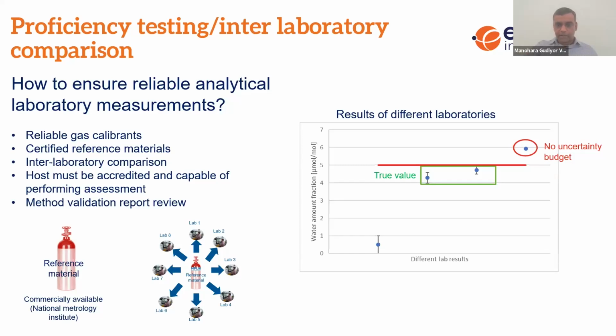I have given one example, where we're measuring water in hydrogen. If you look, there are four different labs which performed analysis. At the top right corner there is a result, but it doesn't have an uncertainty associated with it, so that result cannot be considered reliable. The other result, at the bottom left, is too far away from the true result. So those two labs you cannot trust to do analysis. This is how you can maintain the proficiency or capability of different labs. Next slide, please.